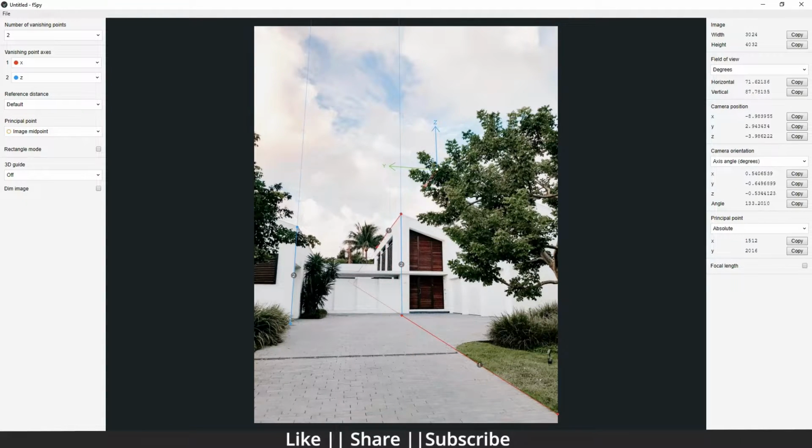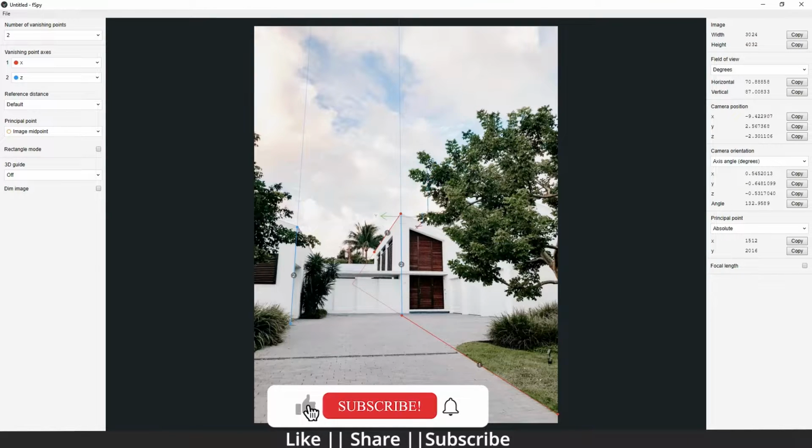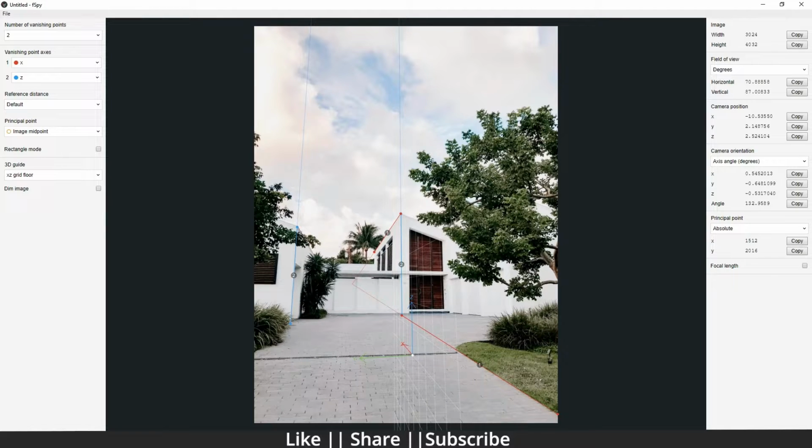Okay guys, so when I place these points on the right axis, here you can see we have our gizmo here, and we can drag it here also. Okay, like that. And we can check also from that grid. When I enable that X and Z grid, we have an X and Z grid, and if we need an XY grid, we have an XY grid, and here you can see we have a perfect grid here.